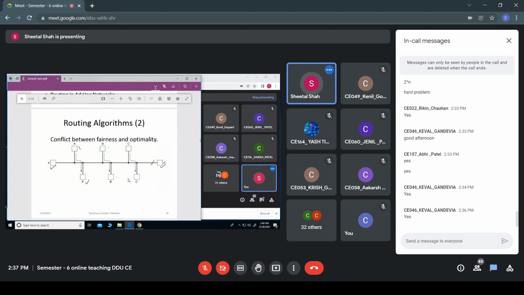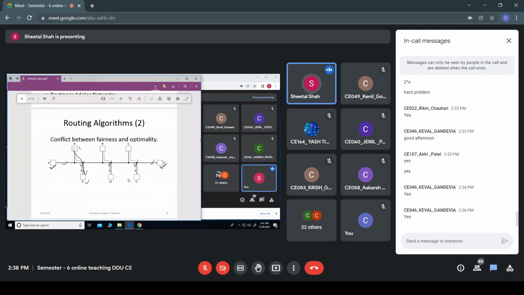So if you can see that this link is used to transfer the packets from A to A dash, B to B dash, C to C dash. Fine. That means while they are using this particular link, the hosts X and X dash would not be able to utilize this link. Do you agree to this? That means, no doubt, this path is optimal, and all of them are using this particular path for A and A dash, B and B dash, C and C dash, but it is not fair for X and X dash. Do you agree to this?